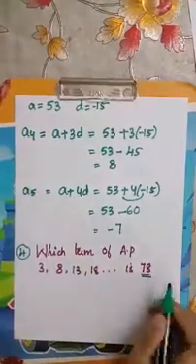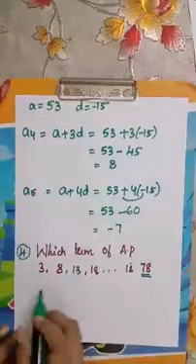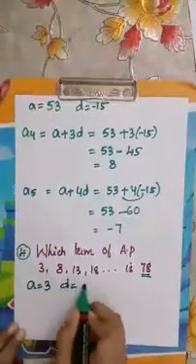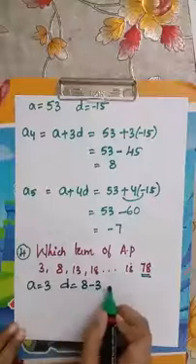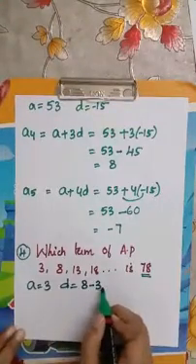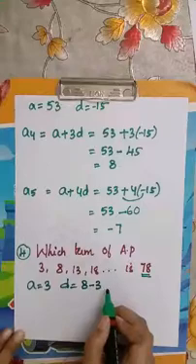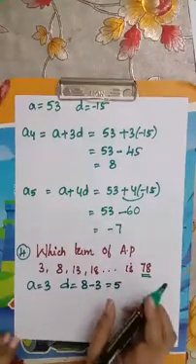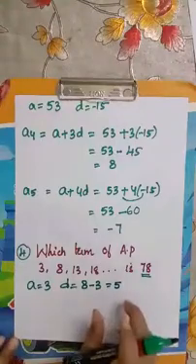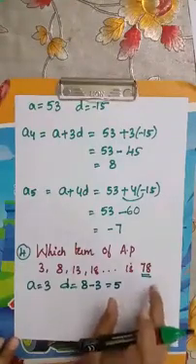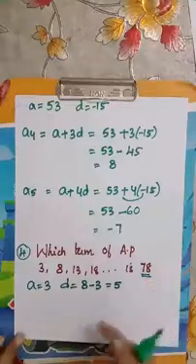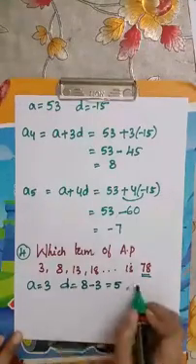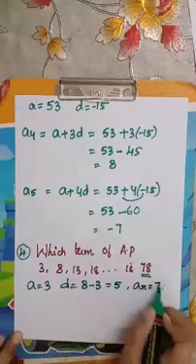Okay, a is given as 3, हमको पता है first term is always 3. d is given as second term minus first term. The answer is 8 minus 3 is 5. Okay, और क्या दे दिया हमको, 78 be the nth term. हम suppose कर रहे हैं, let 78 be the nth term. an is equal to 78.